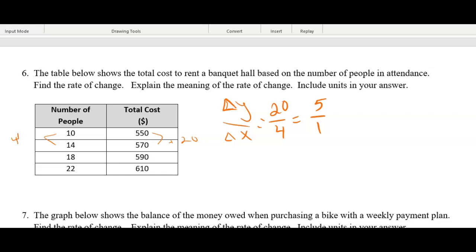Okay, so let's go back now and say, what are we doing here? The cost to run a banquet hall based on the number of people in attendance. Find the rate of change, explain the meaning. So if I just left it as 5, that doesn't help me. It doesn't explain what's going on. It says explain the meaning of the rate of change. Well, this just means that,